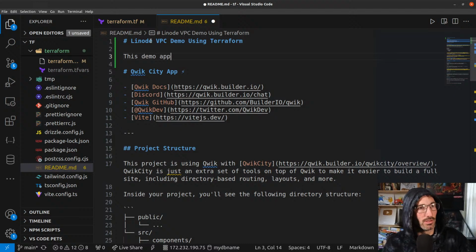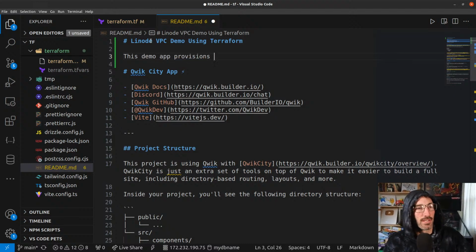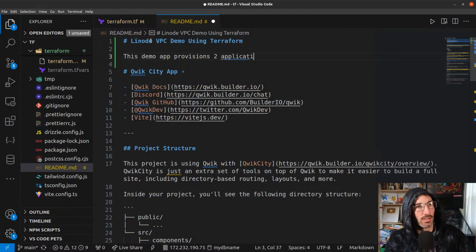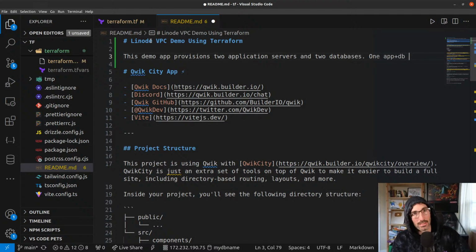This demo app provisions two application servers and two databases. One app plus DB pair